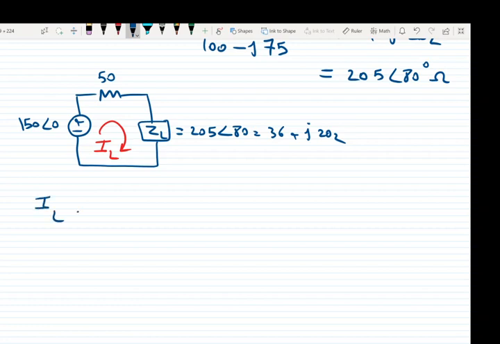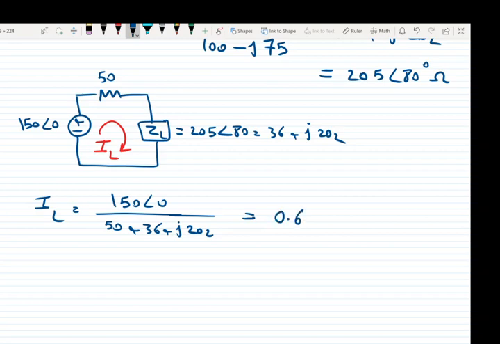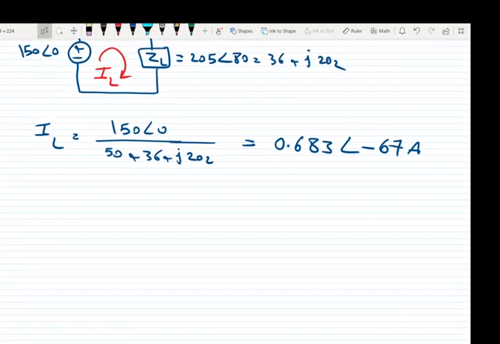IL is equal to 150 with the angle of 0 over 50 plus 36 plus J202, which is equal to 0.683 with the angle of negative 67 amps. So this one is the current,